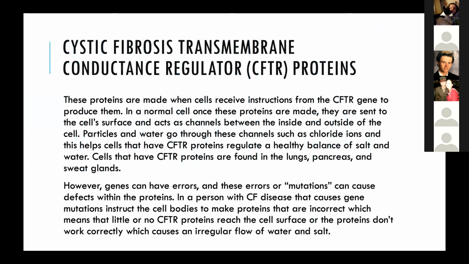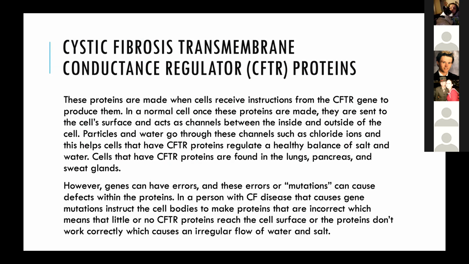So within normal proteins, the cells receive instructions from the CFTR gene to produce them, and the proteins are made and then sent to the cell surface to act as channels between inside and outside of the cell for water and particles to go through. It creates a healthy balance of salt and water through the cells found in the lungs, pancreas, and sweat glands. However, genes have errors, and these errors are also called mutations,